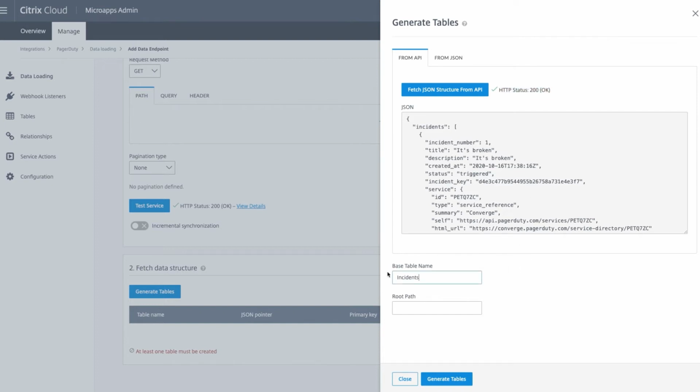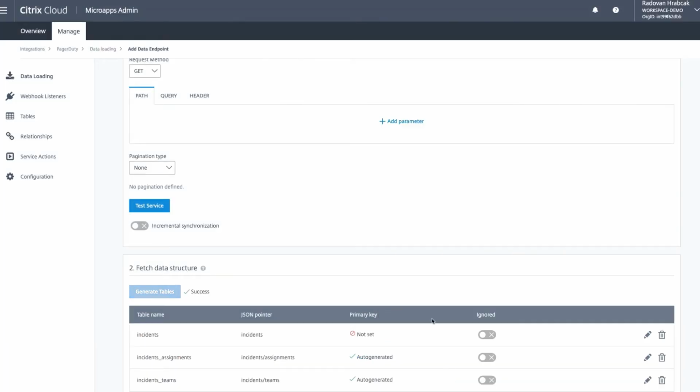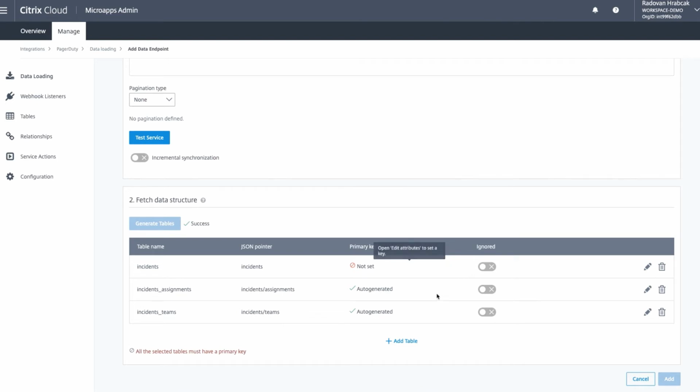And I have my base table name preset, which is basically derived from the data loading endpoint name. And from reading the JSON structure, I know that my root path is incident. So I need to start with that. So I put incident here and I click Generate Tables. Okay, as you can see, there are three tables generated for me. One is incidents, another one is incident assignments, and the third one is incident themes. The reason for that is that the JSON structure is nested, and the platform creates data structures to accommodate